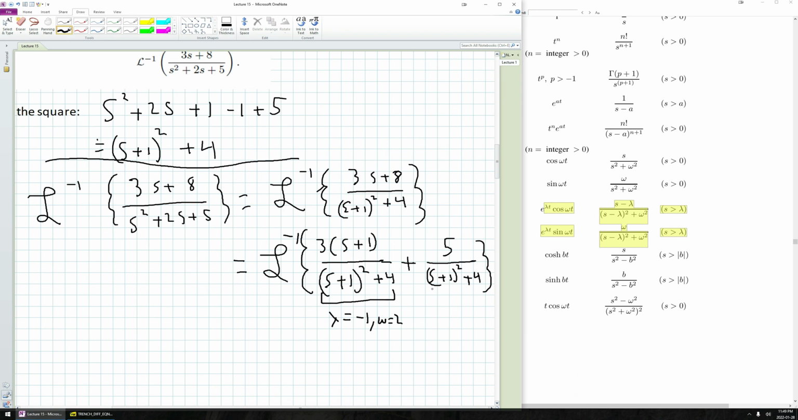Now over here, if I want to try to turn this into this sine thing, what I need to notice is that my lambda, again, is just equal to minus 1. My omega is 2. So if I want this to work, I need to turn the 5 into a 2, and again, I can use the linearity property to do that. Okay, so just removing that here and putting back the inverse. So doing this, I get